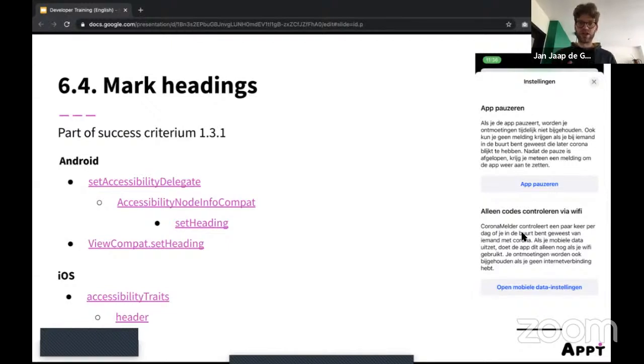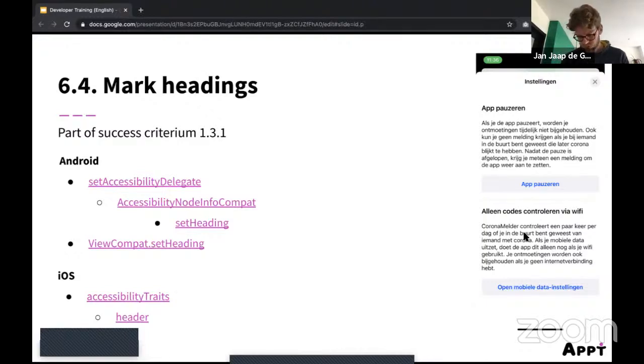So usually your eyes, they go towards maybe the bold text, and then they understand, oh, this is easy to navigate. And for blind people or people that use screen readers, this is not the case, because they cannot see these kind of visual cues that headings give. So you have to mark them in the code as heading.